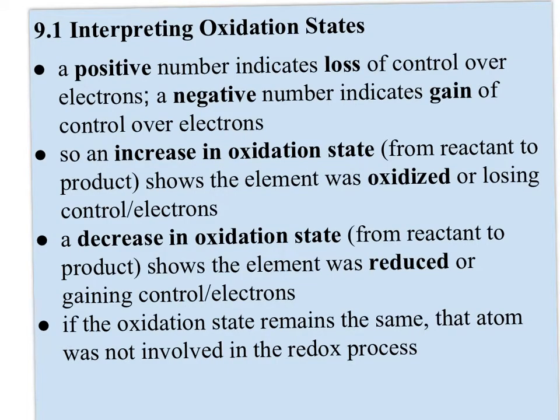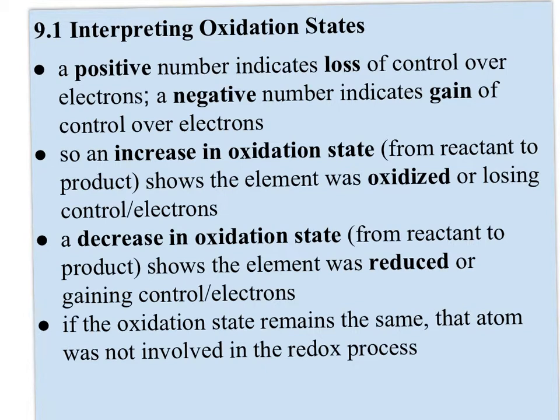So when you see an oxidation state, when it's already signed, remember a positive number indicates there's been a loss of control over 1 or more electrons or part of an electron, and a negative number indicates there's been a gain of control. So an increase in oxidation state from reactant to product shows the element is actually losing control,